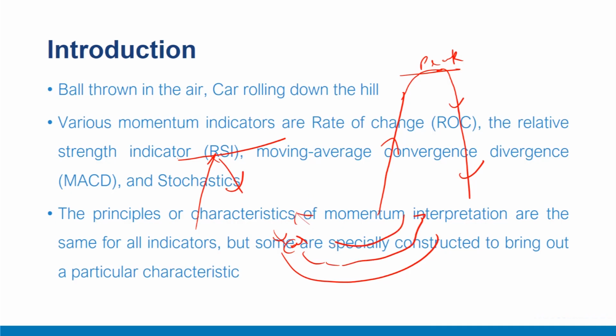The car begins to roll down the hill, and as the gradient of the hill steepens it accelerates, and at the bottom it reaches the maximum velocity. Although its speed then begins to decrease as it moves uphill and continues to travel, finally it comes to a halt at the other height of the top. Market prices act in a similar fashion. The rate of decline or loss of momentum often slows ahead of the final low.